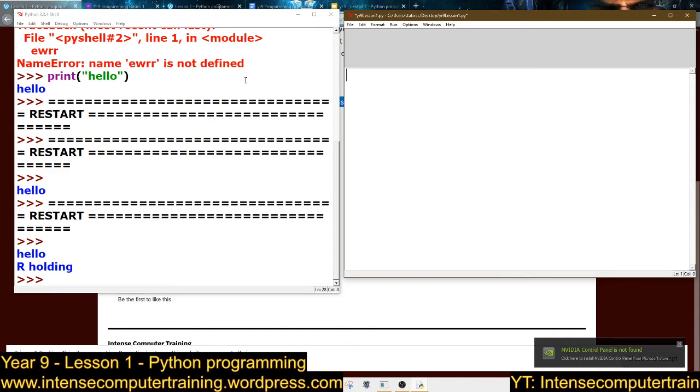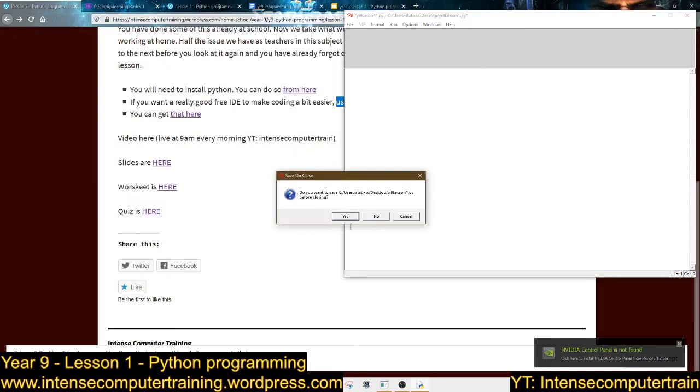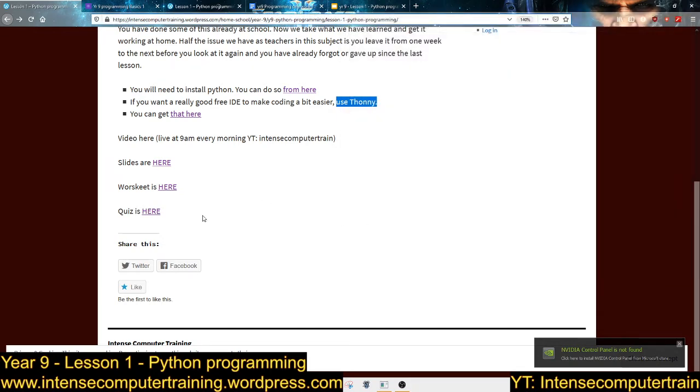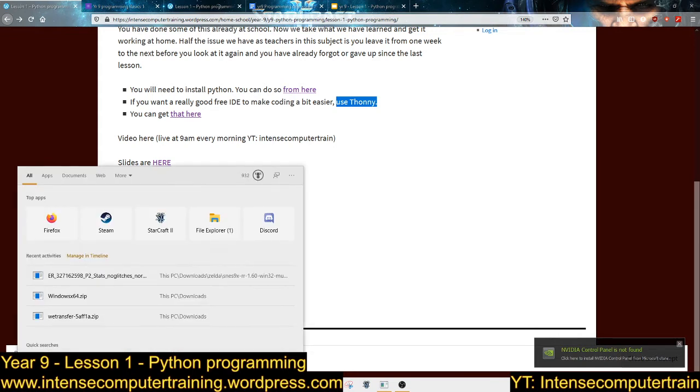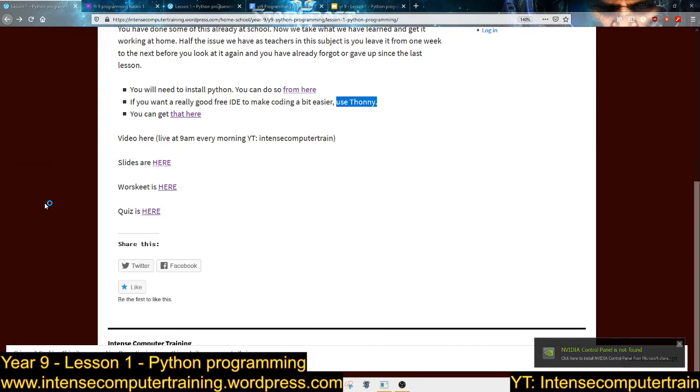That's just getting yourself set up with Python if you've installed Python. So we're going to do the exact same thing again, but this time I'm going to use Thonny because I think Thonny is just cleaner. If you go into your search and you start typing in, if you've installed it like I said before, you should have this, Thonny.